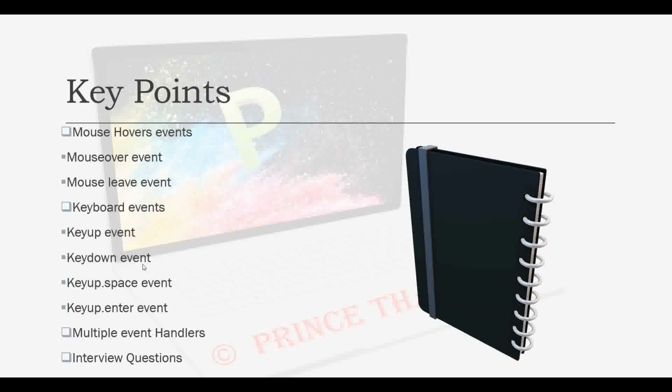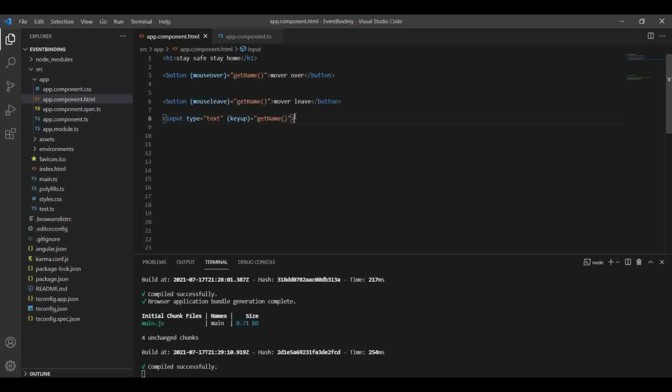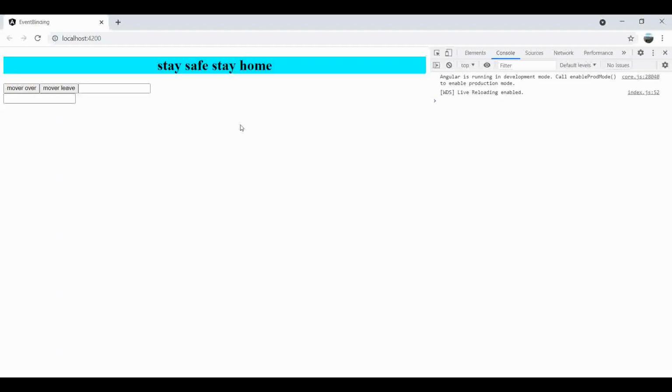Now I will go for key down. For that I simply copy and paste here and change it to keydown. Save it, and when I type in this input box, you can see on my screen the same function is happening.